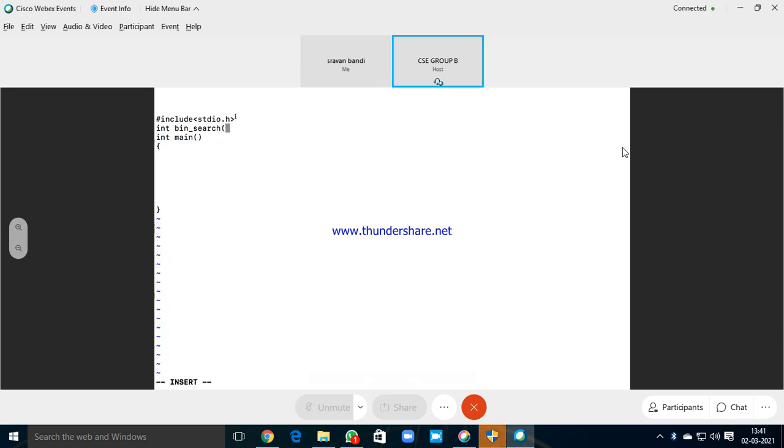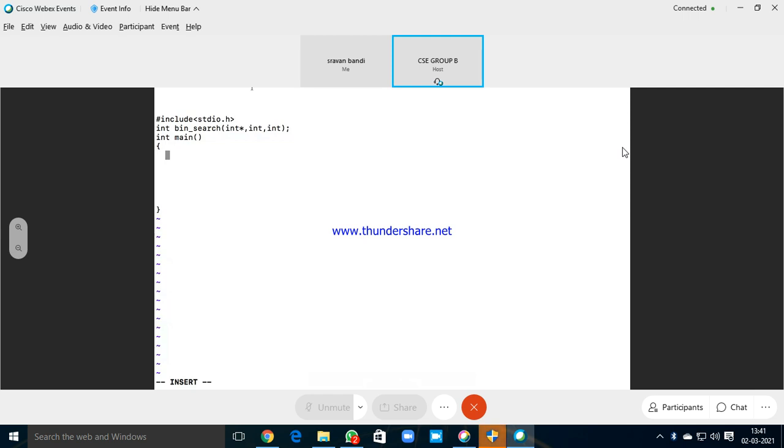What we are passing is the array, that is the array's starting base address, and then the length of the array, and also the element which we want to compare, whether that element is present or not.